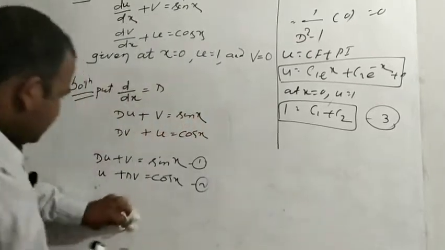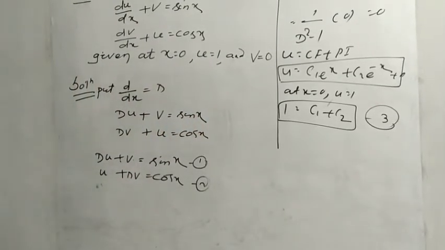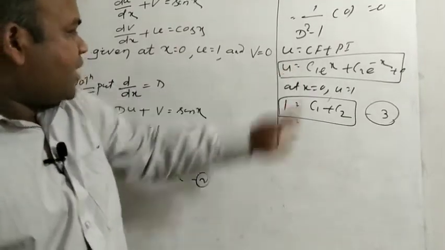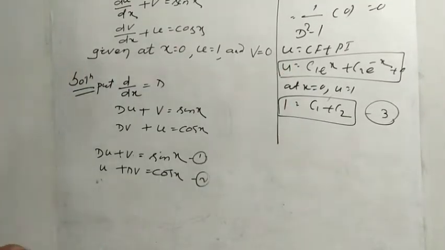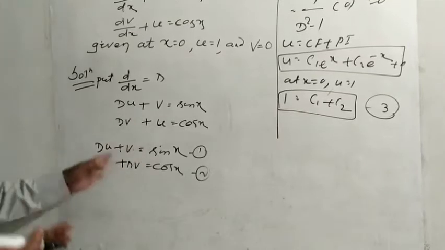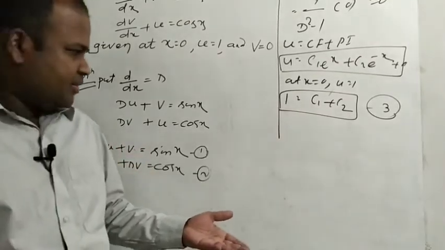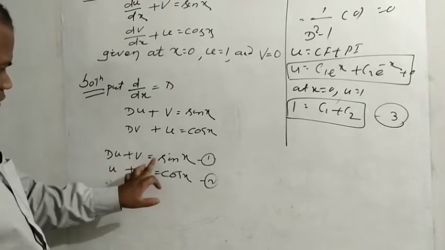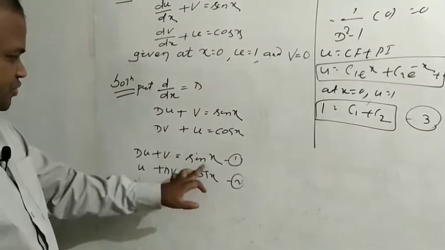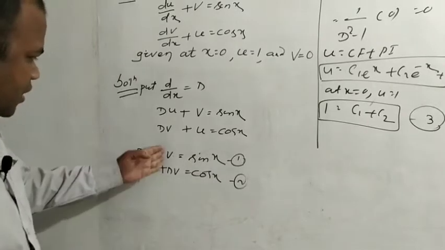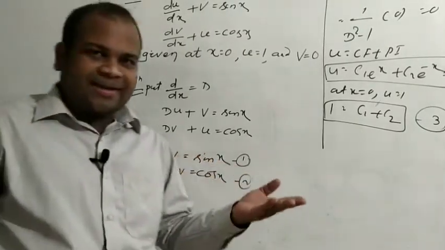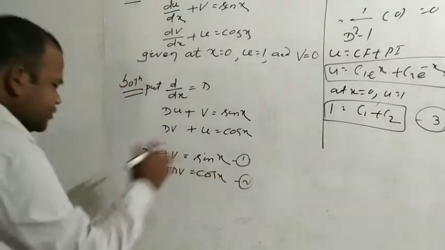Okay. So this is equation number 1 and 2. Now we already have the value of u, and you will solve for v. You can also cancel the value of u and get the value of v. But v is already there, so you can solve for v. So v equals sin x minus du, or you can solve for v by canceling the value of y. But here we can directly get the value of v. So from equation number 1,